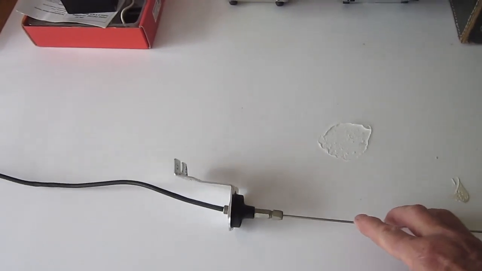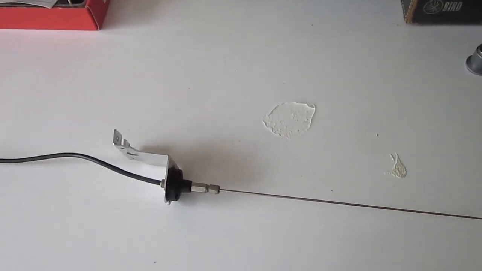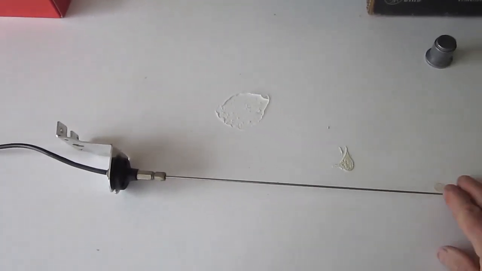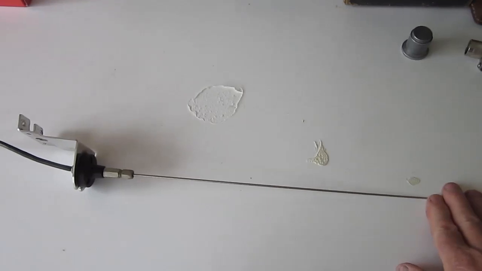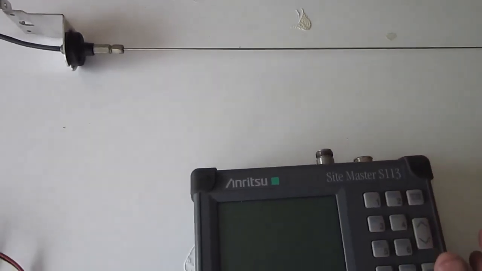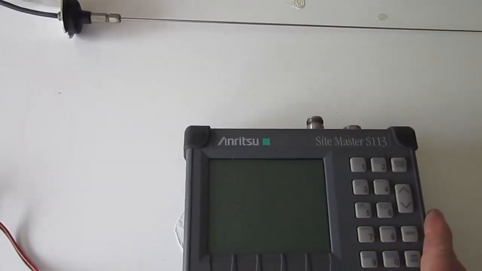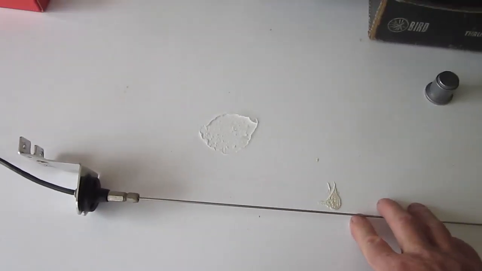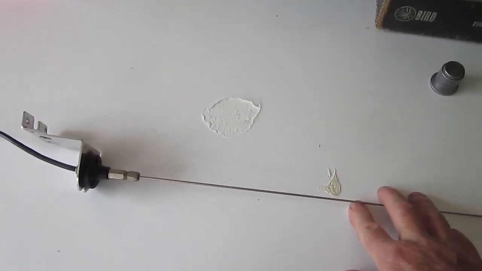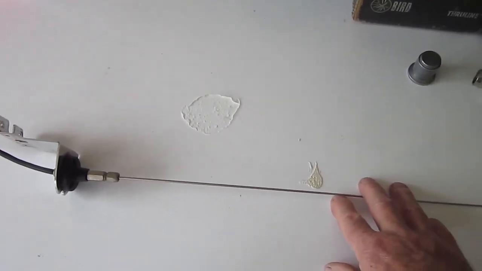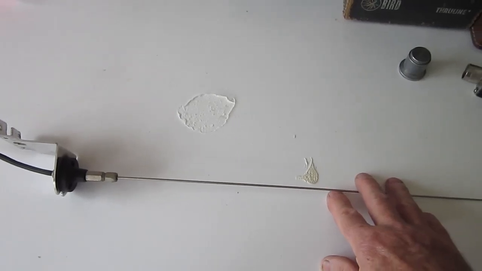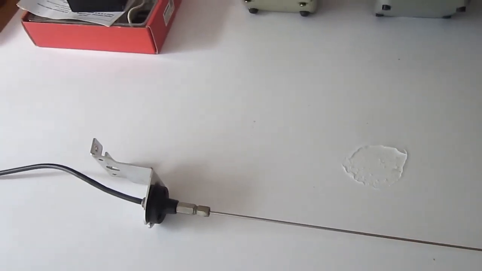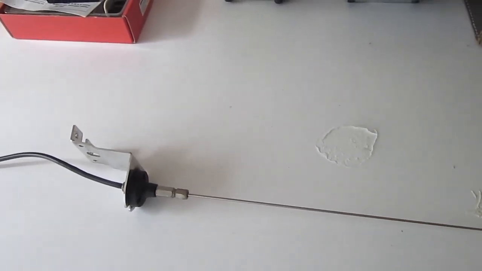So this antenna was removed and a ground independent antenna was installed, and that ground independent antenna, by the way, was checked using the site master to ensure that it was performing correctly, and I'm happy to report that the client is now much happier than ever before, with a more than doubling of his radio range as a result. Now, unfortunately, this issue is not rare in my industry,